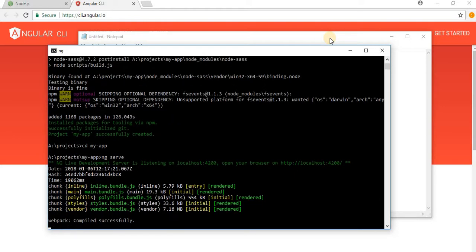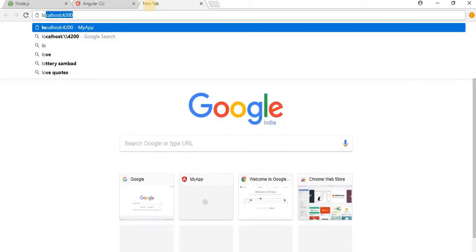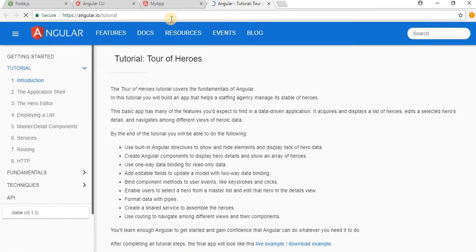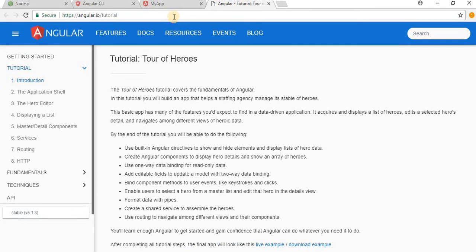Yeah, it's now built successfully and also running. And now we have to open it using localhost 4200. Yeah, our first app is running successfully. By default, some templates and pages are already installed and available in Angular. From here you can navigate directly to the tutorial to watch the latest stuff available in the